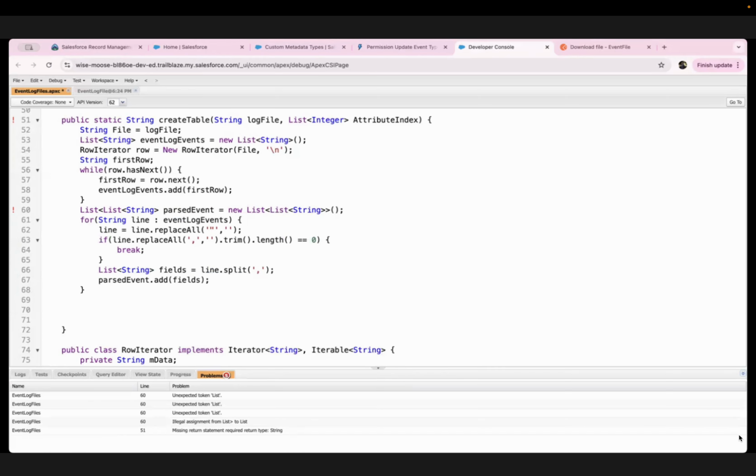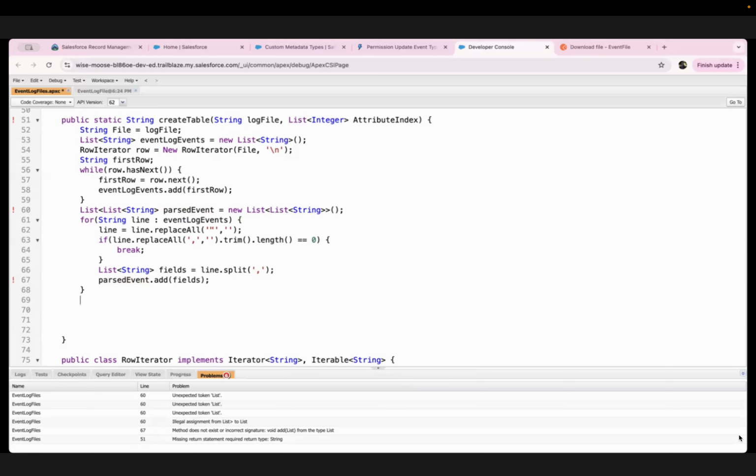So I have this event. Okay. Now with that, I'm going to convert the string into the HTML table. Okay. So I'm going to say list first row is equal to something like